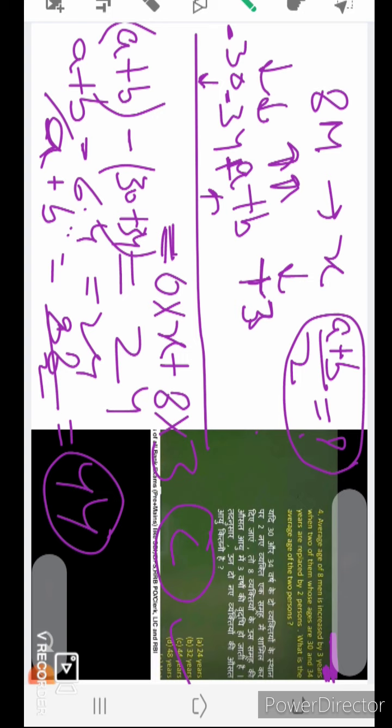Okay, now next question. A batsman scores certain runs in 40 innings. Let's suppose 40 innings, a batsman has an average of x. In the next 2 innings he scored 67 and 23 runs respectively.